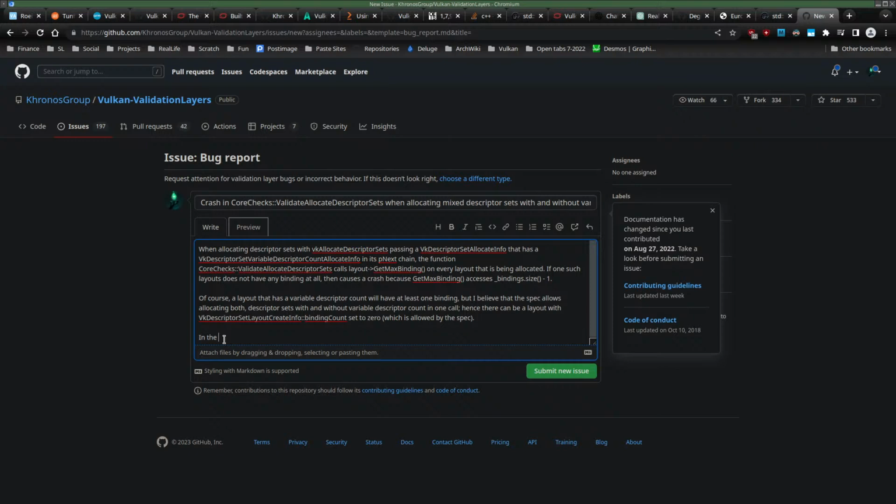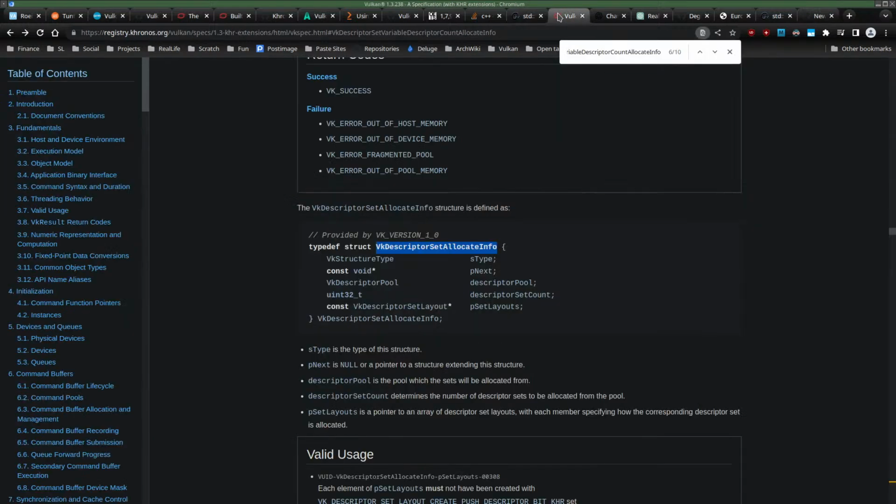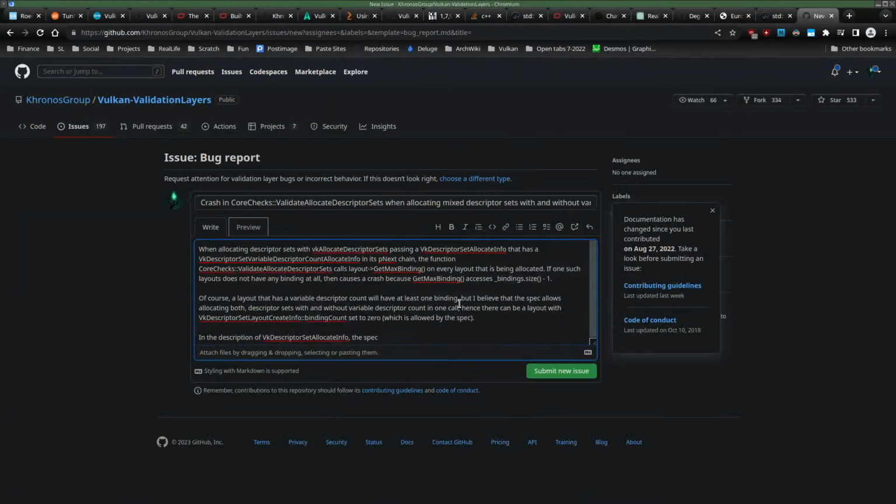Okay, in the description of the spec, what I'm looking at here, I think it is 1.3. Yeah, KHR, or whatever. The spec says